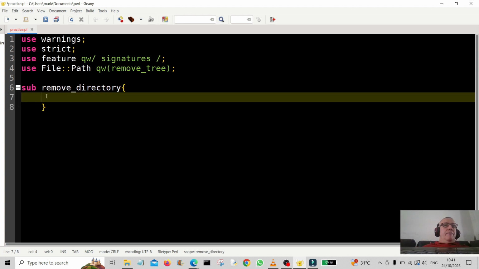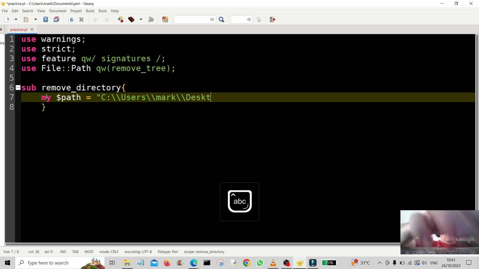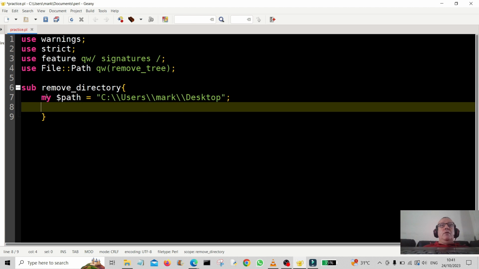So we're going to create the path. My scalar path is equal to c/users/mark/desktop. So for you, this will be different because this is the path to my desktop. Yours will be different, so you'll have to find out what your path is. CHDIR, change directory to the path,